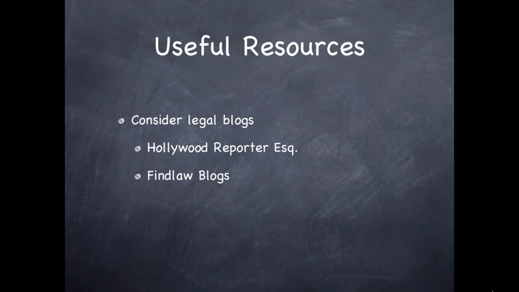You can also look at FindLaw's blogs. FindLaw.com has a blog as well as a newsletter section that will send you updates and details. So that's also helpful. And then IPLJ, the Intellectual Property Law Journal, is another source to consider. IPLJ, needless to say, is very IP focused. So it's dealing more with the nuances of intellectual property, more so than it necessarily is entertainment. Sometimes on IPLJ, you can see cases dealing with automotive trademark disputes or something of that nature.